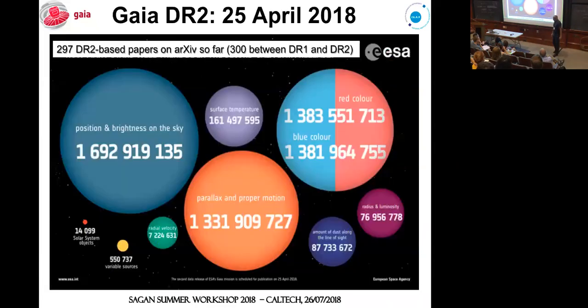The first element of the revolution, really the important element of the revolution, has happened just a couple of months ago. And this is the second data release of Gaia. There was the first one that happened in September 2016. That was already groundbreaking for some statistical aspects. But Gaia data release 2 really sets a change in the game. And this is a summary of the numbers you can bring home in terms of number of objects for which positions and